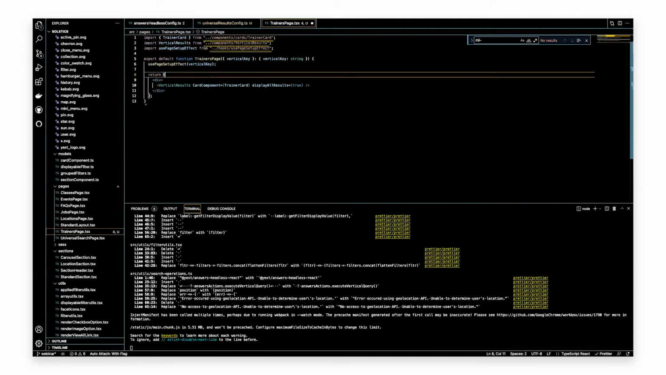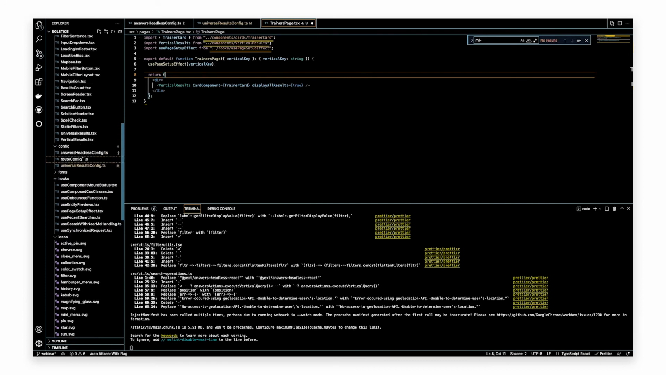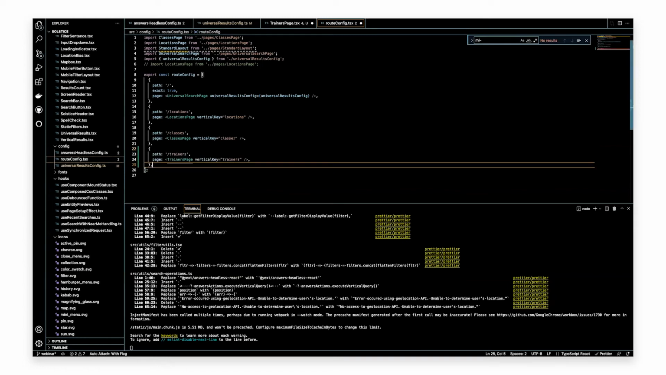So now that I've imported all of that, I need to then tie it to my route configuration so that whenever I click on that view all link, it will navigate to my new trainers page. So whenever the trainer's path is specified in the URL,